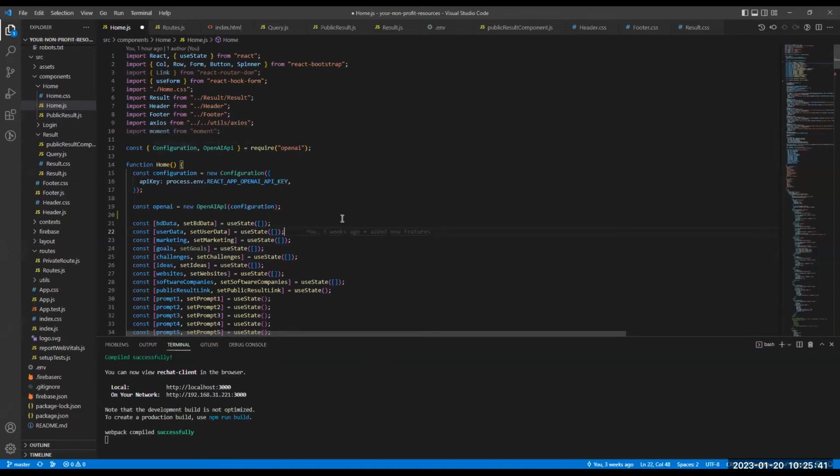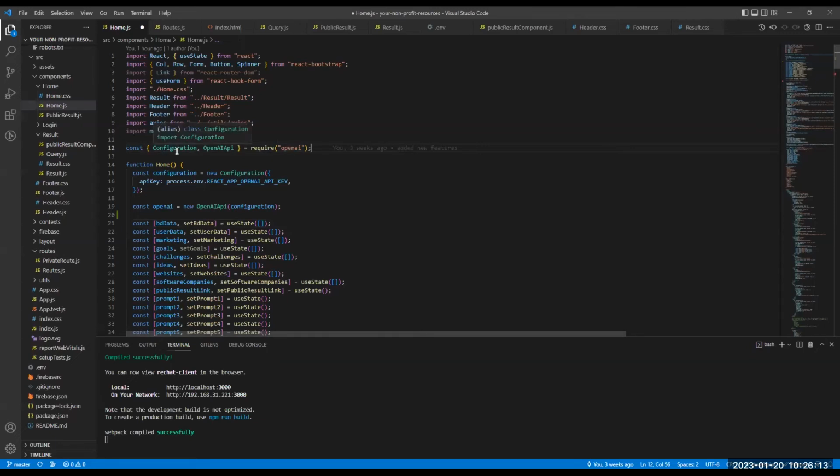So integrating, this is actually a React app. First, to integrate OpenAI there, there is an npm package, OpenAI, and we have to do just a simple npm i, and OpenAI will be integrated. Before that, we have to generate an API key. I have already shared the links on the slides. You can check out how you can create the API keys. And after getting the API keys, we can do just a simple npm i in our React app.